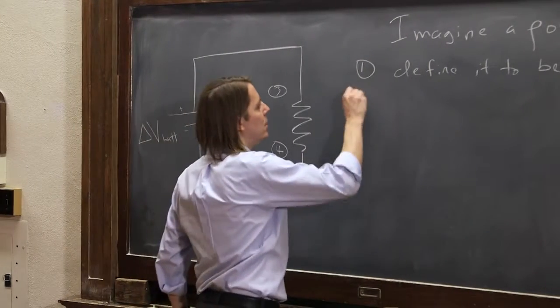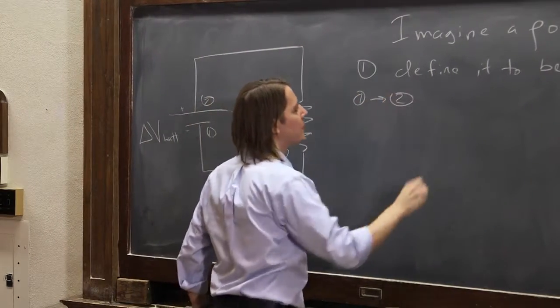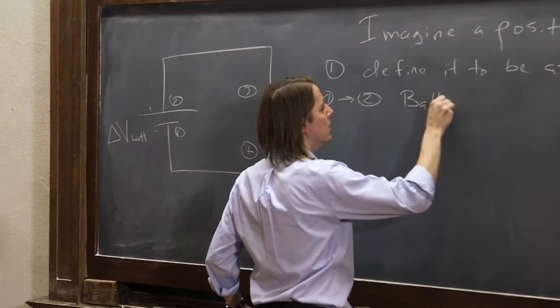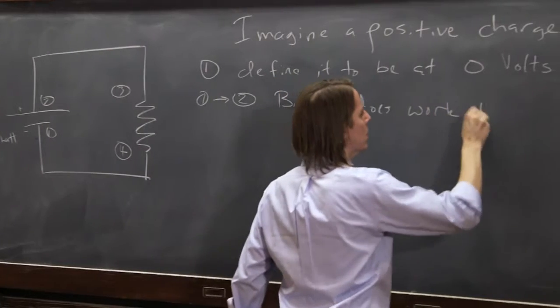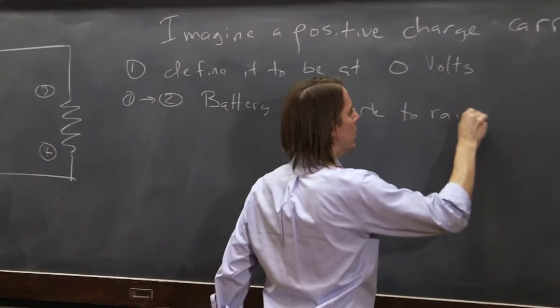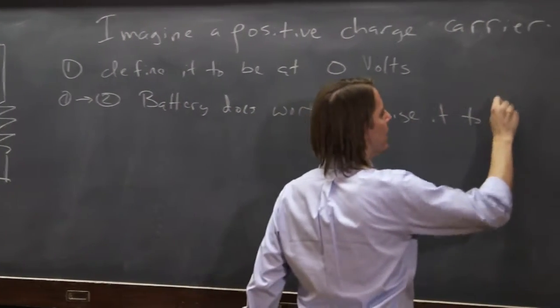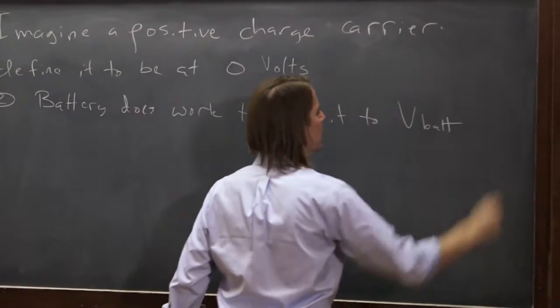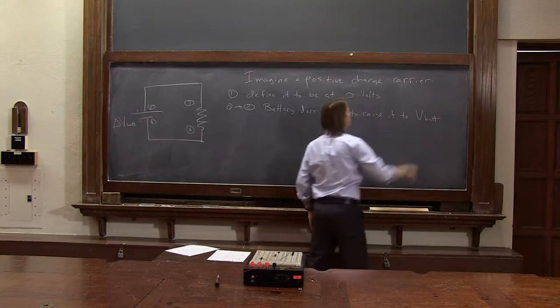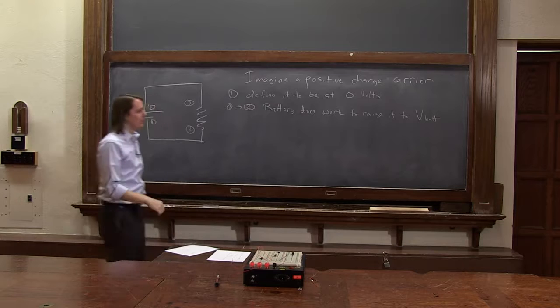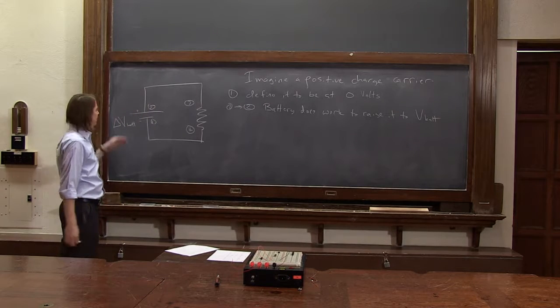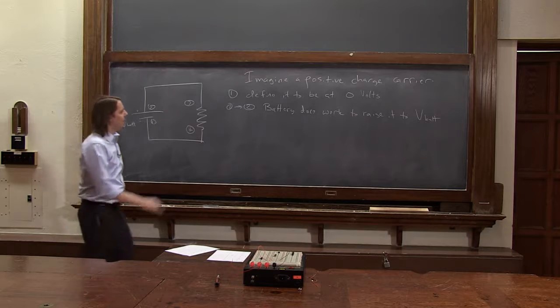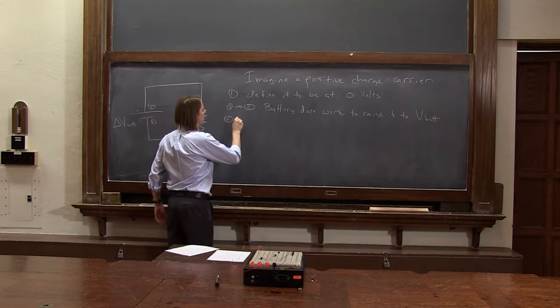When it goes from 1 to 2, the battery does work to raise it to V bat. We don't have to call it delta anymore because we've defined 0. So it went from 0 volts to V bat volts. Okay? From 2 to 3,